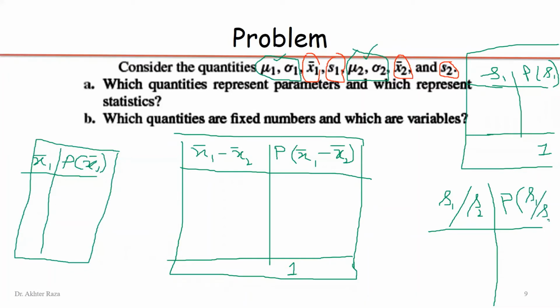This is known as the sampling distribution of the ratio of the two sample standard deviations. Total must be 1 here. So now I have four sampling distributions here. This is the sampling distribution of sample mean 1. And this is the sampling distribution of the difference of the two sample means. This is the distribution of one sample standard deviation. And the last one is the distribution of the ratio of two sample standard deviations.